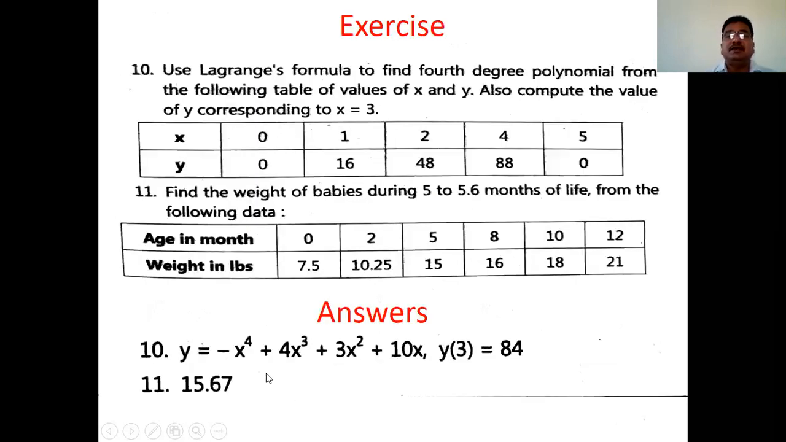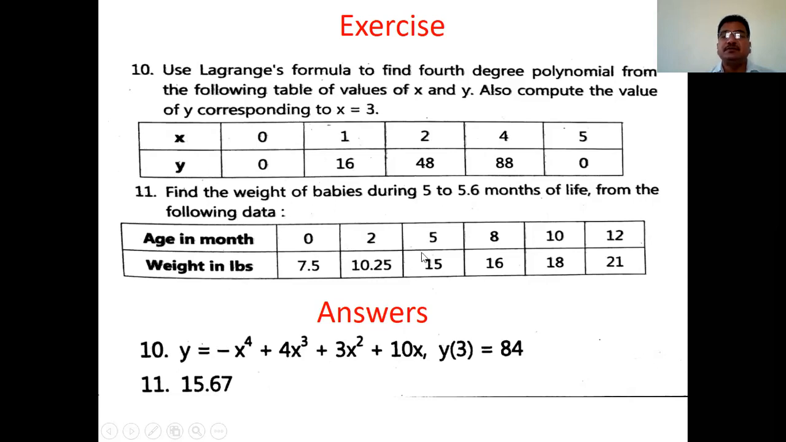So these are some problems to solve. Solve all these problems, answers are given. Here we have to interpolate the value at 3. Values of x are given as 0, 1, 2, 3 and 1, 2, 4, 5, and we have to find the value corresponding to 3